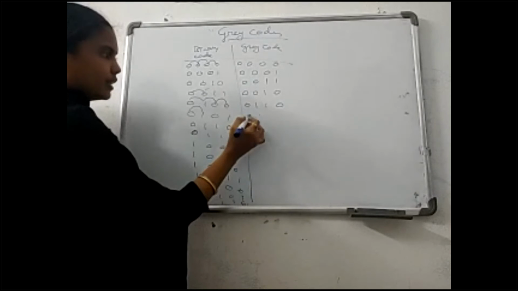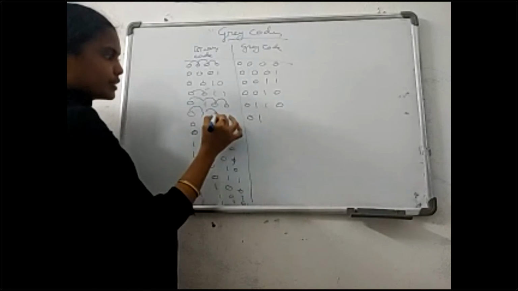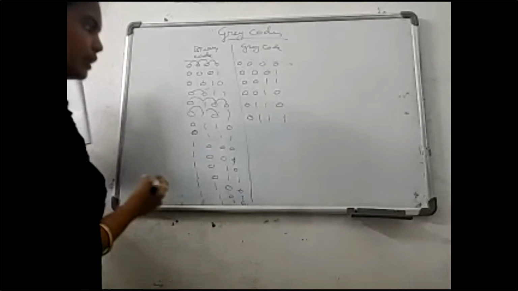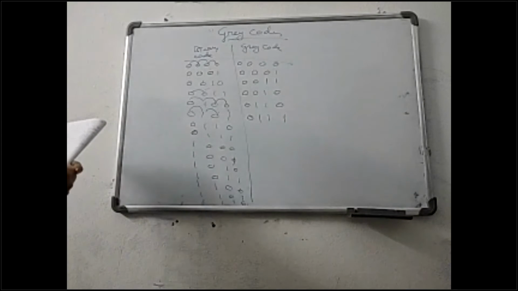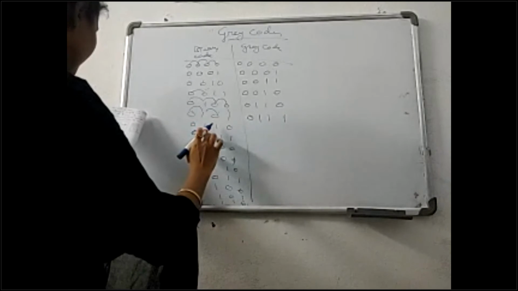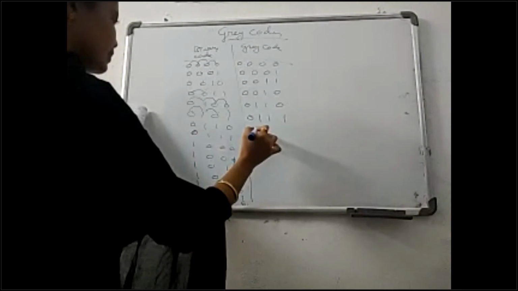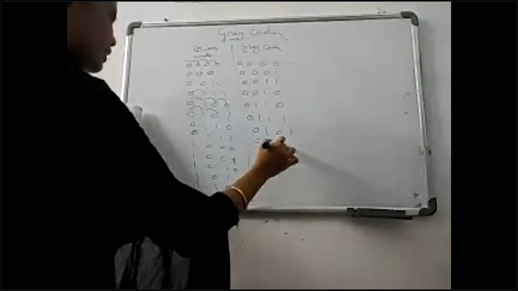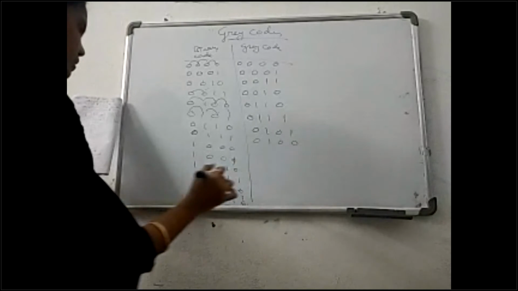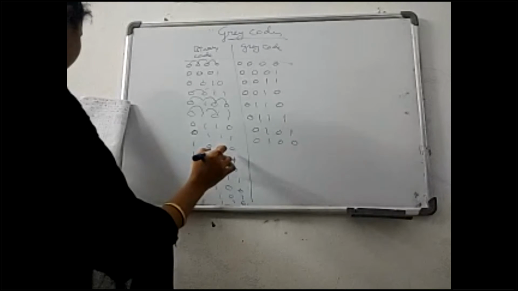Sorry, 0 1 1 XOR with 0 1 1, 0 XOR with 1 1. In the same way, do the remaining numbers, for 1 1 0 you're getting 0 1 0. For 3 ones, you're getting 1 0 0. For 1 0 0,